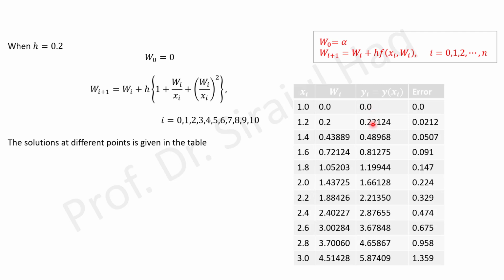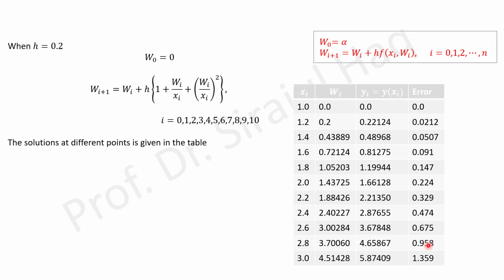At x is equal to 1.2, this is the exact solution. And finally, when x is equal to 3, y is equal to x tan log of 3, so this is the exact solution. Now the difference between these two columns is 0. The difference between these two is 0.02. The difference between these two is 0.05. The difference between these two is